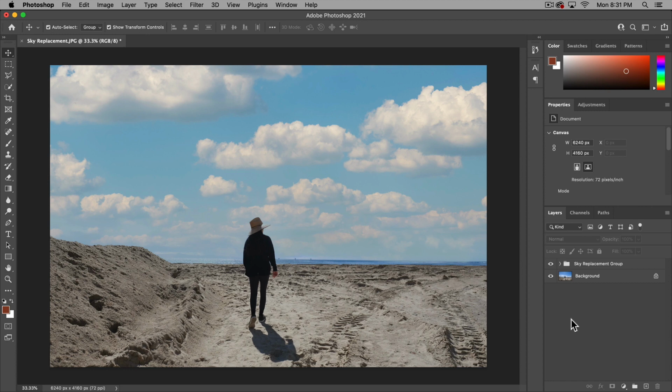Pretty cool, huh? Sky replacement in Photoshop. I would say this is definitely something to use for more artistic work and something to consider to make your photos look